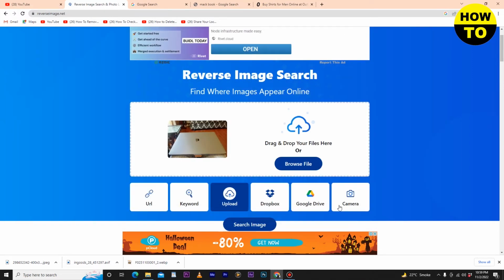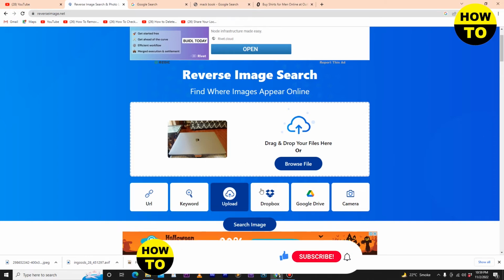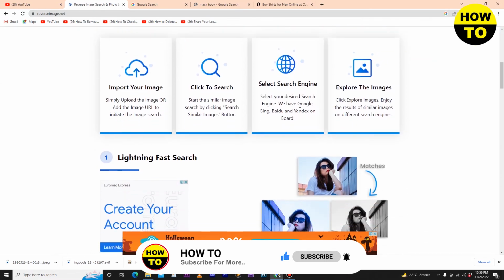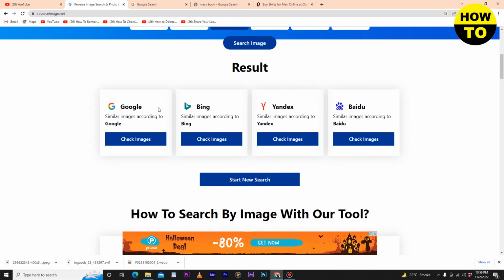So now here you can also open through Google Drive, camera, Dropbox, keyword or URL. In my case I have uploaded the file, and after that just click on search image. And now when you click on search image, here is how you check. You can visit all the websites and check this image. In my case I click on Google, so just click on check image, and after that you will go